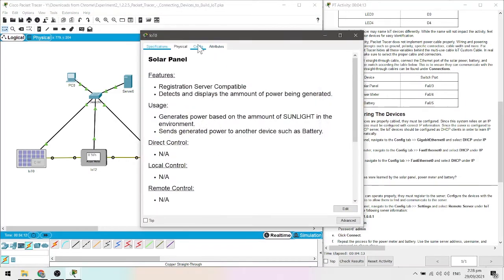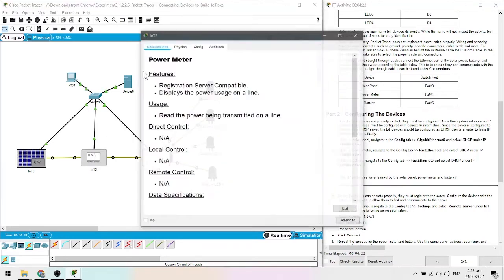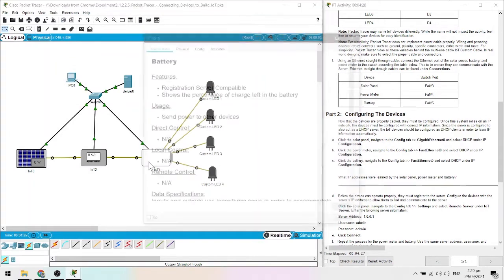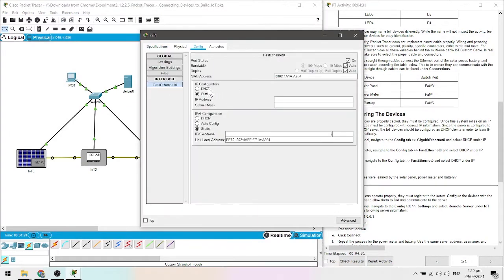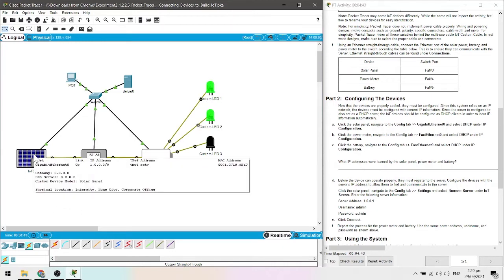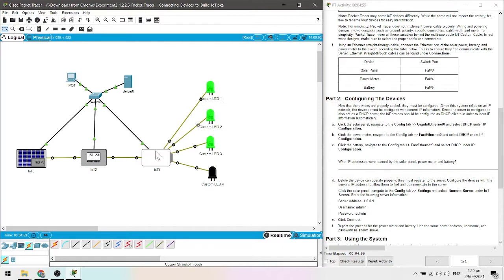So, double-click lang natin under config, ito, gigabit, tapos set natin to DHCP yung IP configuration. So, gawin din natin siya sa power meter. At saka sa battery. Ayan. So, what IP addresses were learned by the solar panel, power meter, and battery? So, makikita natin yun by just hovering yung mouse papunta dun sa component. So, hover natin. Makikita natin IP address, katabi ng link, ayan, 1.0.0.3. Dito naman, 1.0.0.4. Dito naman, yun,